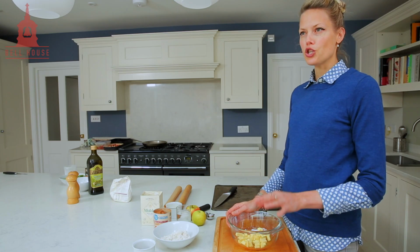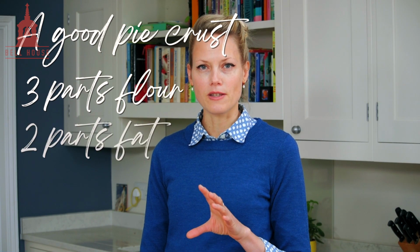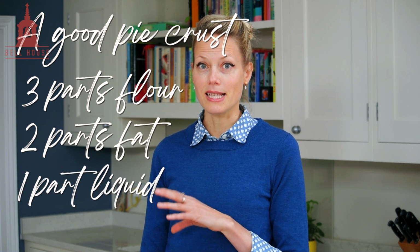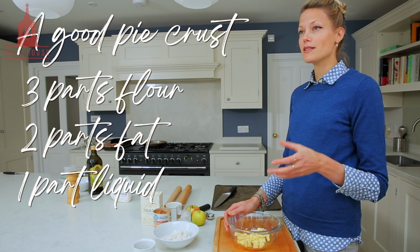Now, the easiest thing I find is to learn the ratio for a good pie crust. Normally the ratio of 3-to-1 works perfectly. 3 parts flour, 2 parts fat, in this case cold butter, and 1 part liquid, in this case ice cold water. That's it. You can adjust it so you can make it sweet by adding a little bit of sugar, or you can keep it savory by adding maybe some spices or some chopped up herbs,